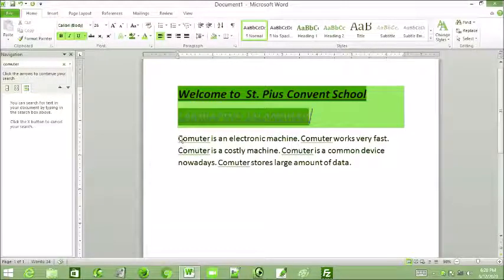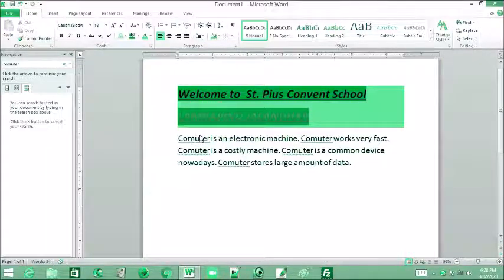Fine. Now we have something very interesting, that is finding and replacing. Find and Replace, that is what it is called. Here I wrote some text. I wanted to write computer, but just suppose I made a mistake. I just wrote commuter. Now suppose it is a 100-line paragraph.